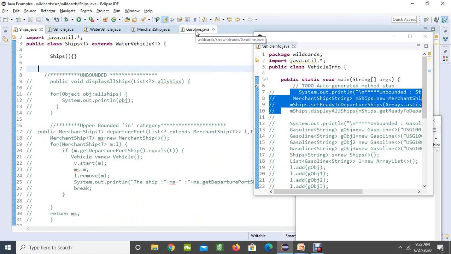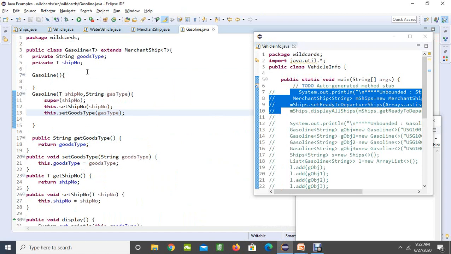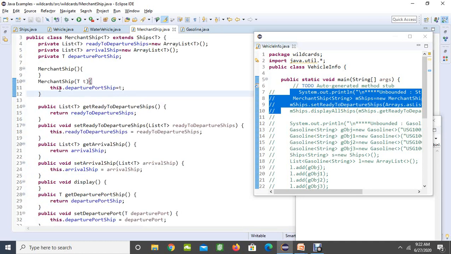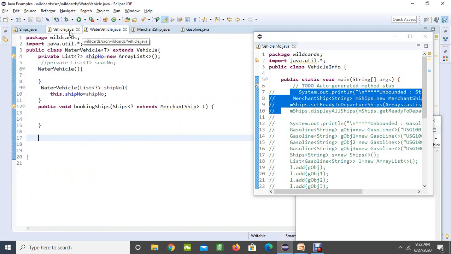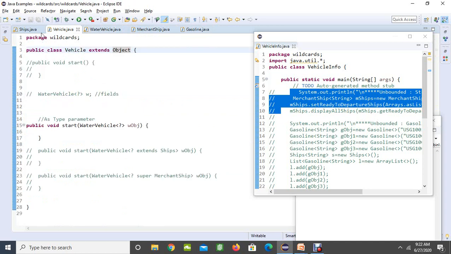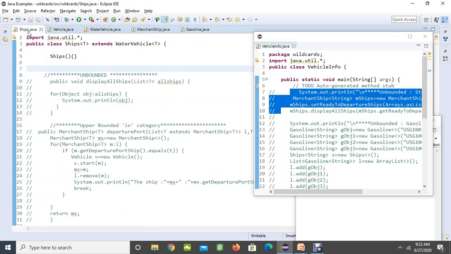Here I have created methods in the gasoline class with some fields, and I'm passing the ship into the superclass using the super keyword, where I capture the ship number with getter and setter methods. In water vehicles we have booking classes, and in vehicle we have start and stop methods. In this example we are going to concentrate mostly on the ship method in order to demo our bounded wildcards. Here we have a main method and the ships method.